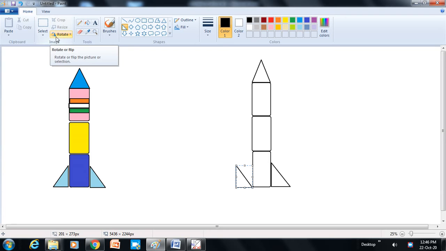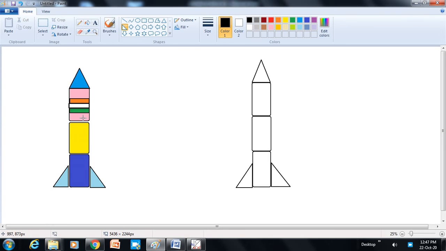As you can see, the option is there, rotate. Just click over here. Now use this flip horizontal. Yeah, it is correct. Now you can measure this right angle triangle like this. See, our fins are created.